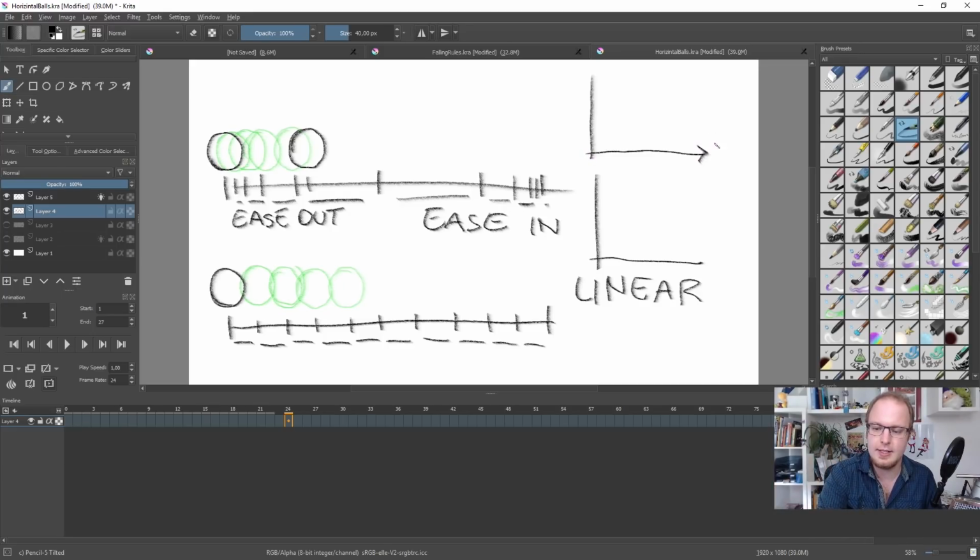At the x-axis, we have time, so we have frame 1, frame 2, frame 3, 4, 5, 6, 7, 8, 9, 10, 11. And here we have the same. And let's have a look at what that actually means. Now, on this axis, of course, we don't have a falling ball. We have a ball going from left to right, but let's pretend it's falling and it has its highest value, let's say value 10,